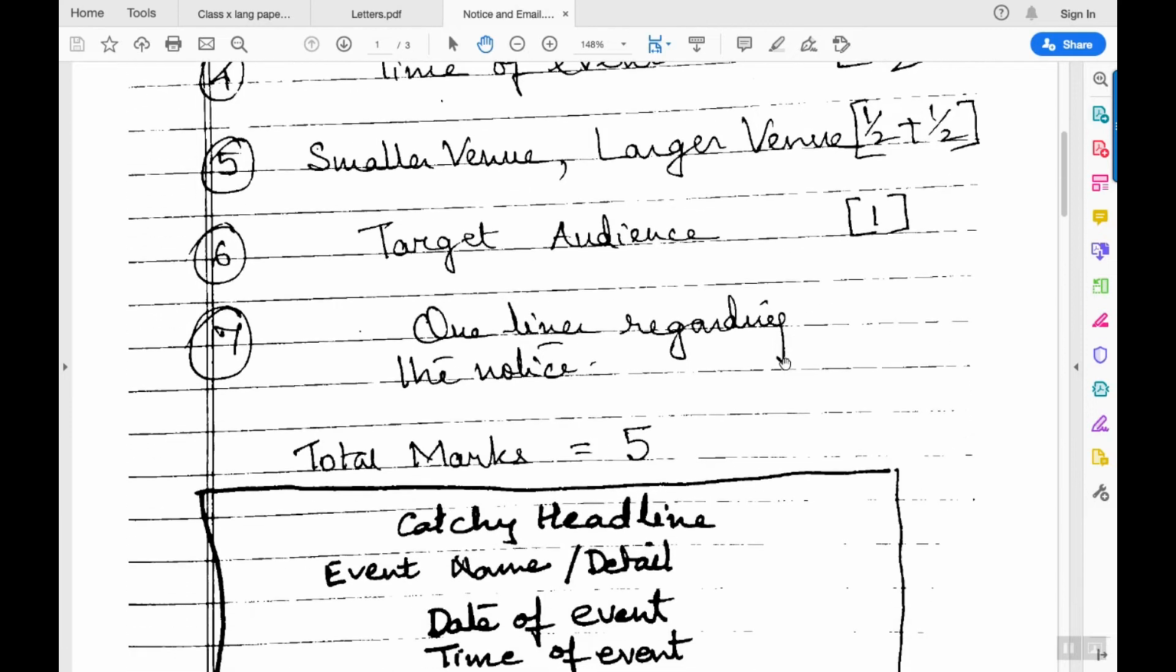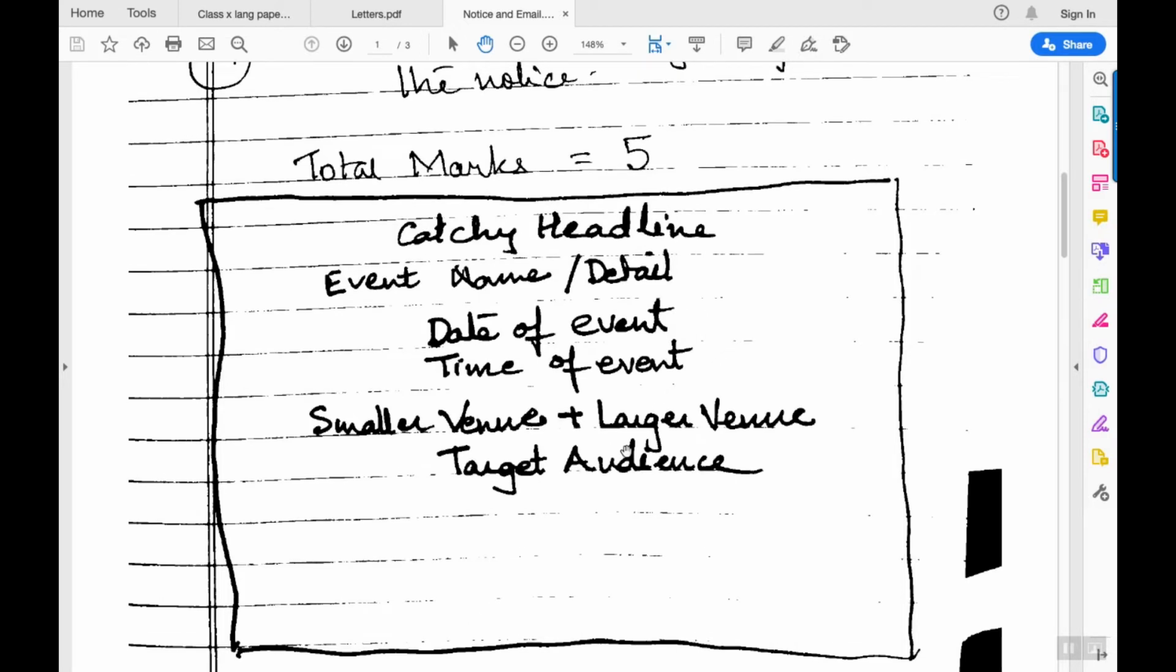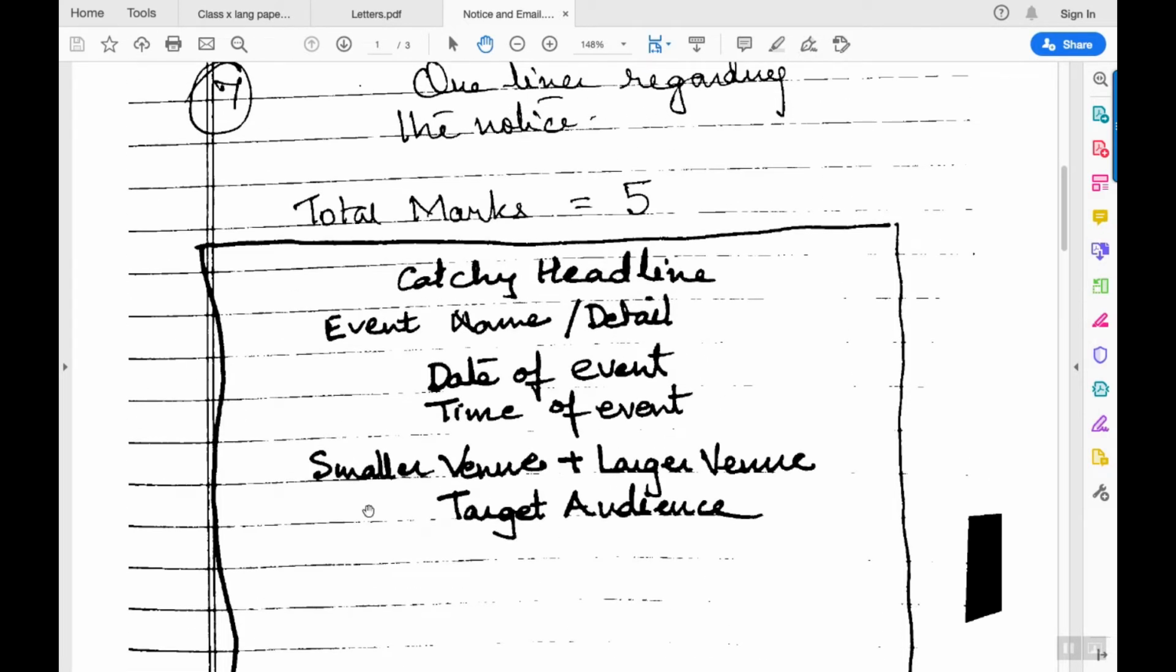Now see how you're going to write this. You will form a box. First is the catchy headline on the first line. Second, event name or detail. Then date of event. Then time of event. Smaller venue, larger venue, target audience, and the one line regarding the notice. People from class 8 to 12 who are interested in participating in the school team may